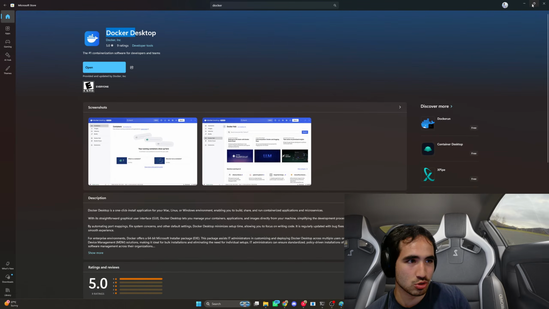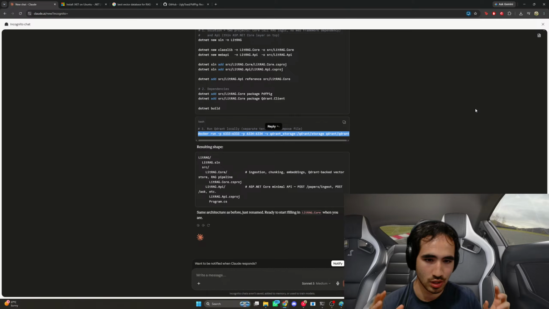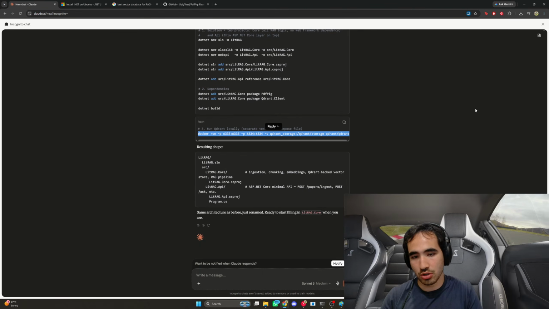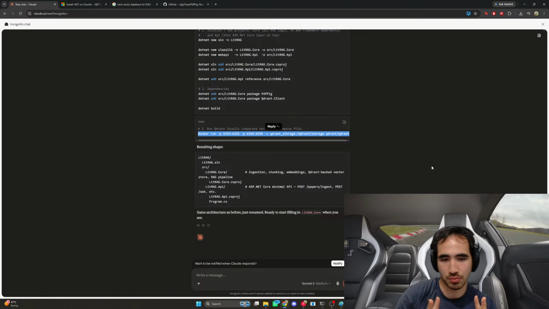So what Docker allows you to do is avoid that problem entirely. Instead of running the program locally on my computer, I create a Docker container, which is sort of like, if you're familiar with it, a virtual machine. A virtual machine is basically a simulation of a computer inside your computer.